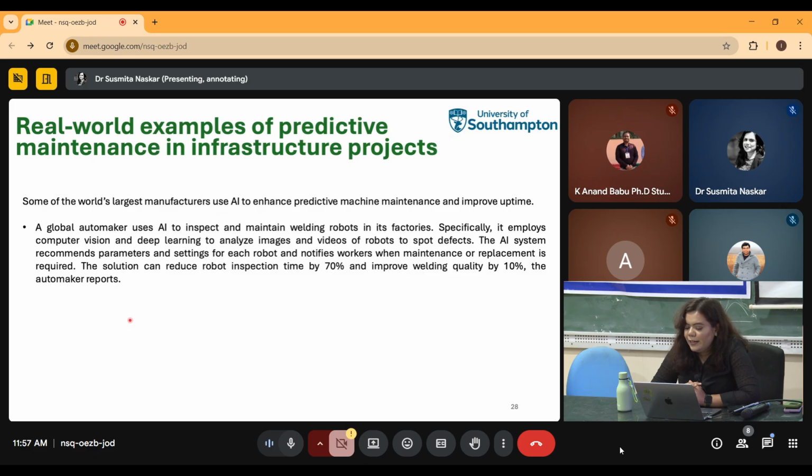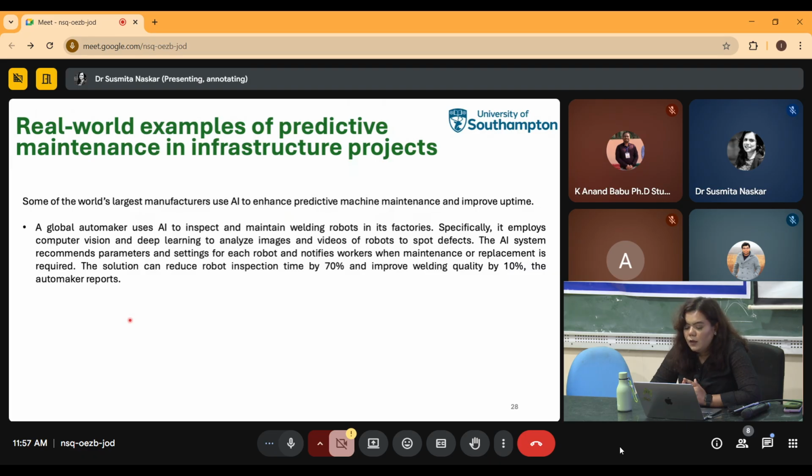Okay, and if then recommend optimal settings, and alerts to the worker can be set out when maintenance or replacement is required, and the impact has been quite impressive. The company reports the robot inspection time has been reduced by 70%, and that's a huge one, while welding quality has improved 10%. So this not only boosts the efficiency, but it also improves the product quality and worker safety of the